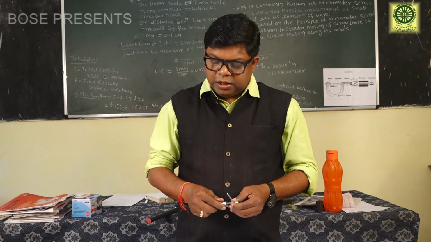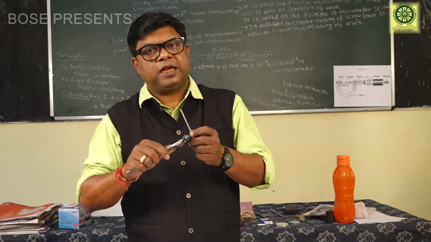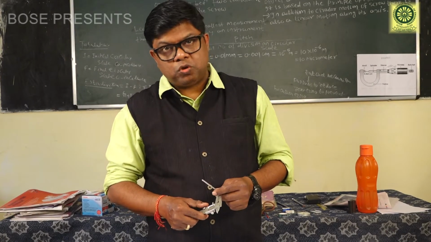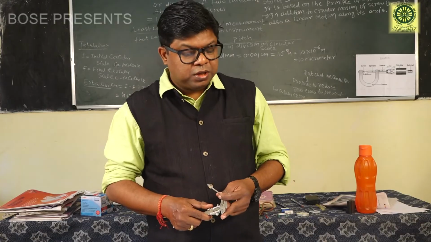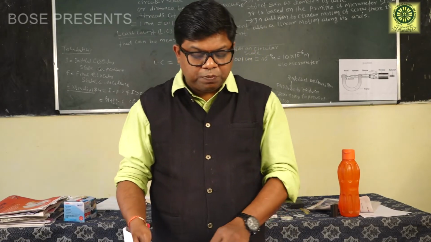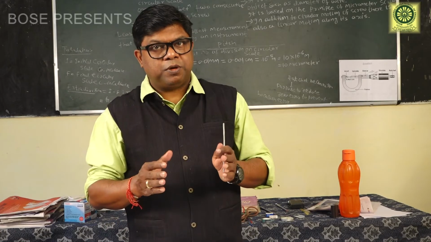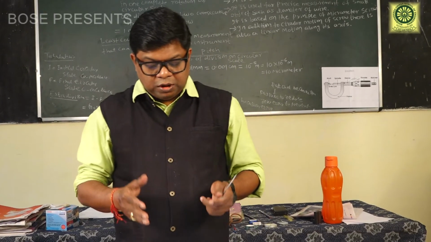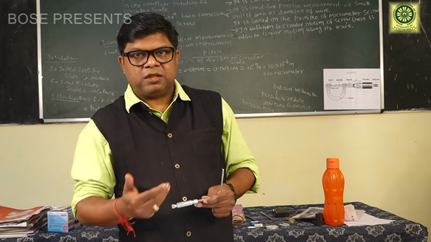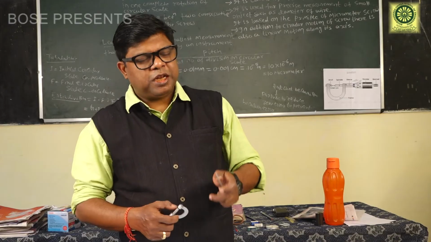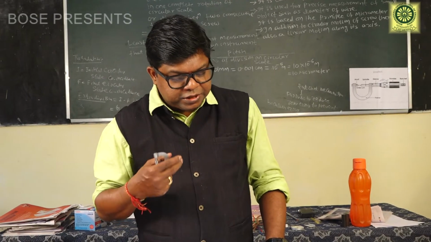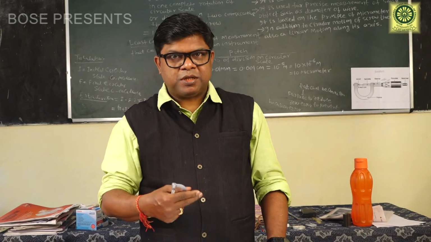The diameter can also be measured with a slide caliper. The slide caliper has a least count of 0.01 centimeter, or 0.1 millimeter, but the least count of the screw gauge is 0.01 millimeter, or 0.001 centimeter. The least count of the screw gauge is less than that of the slide caliper, so it can be measured with greater accuracy and high resolution.